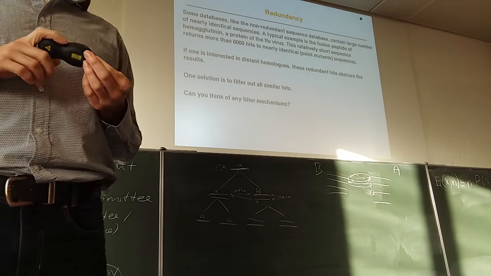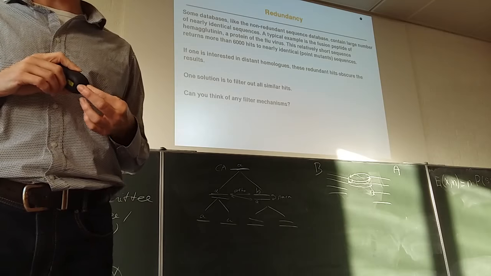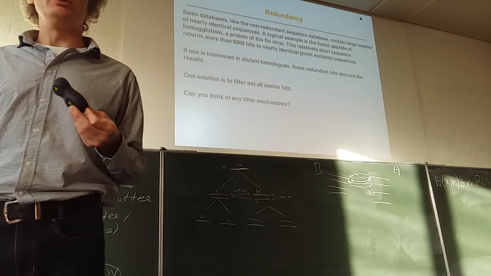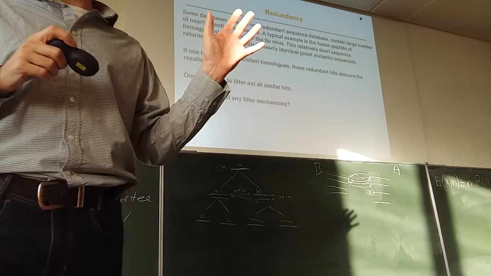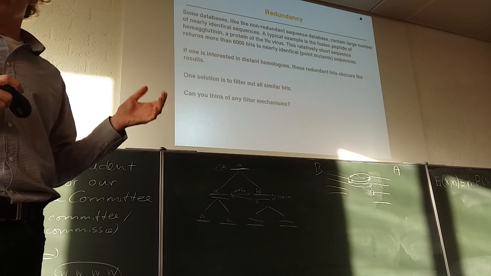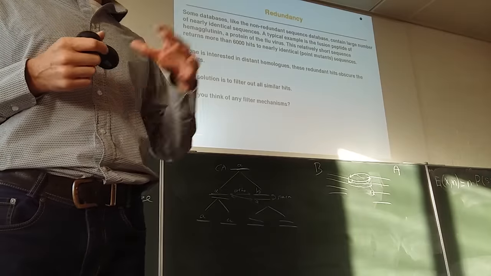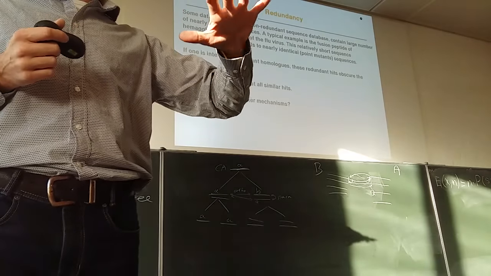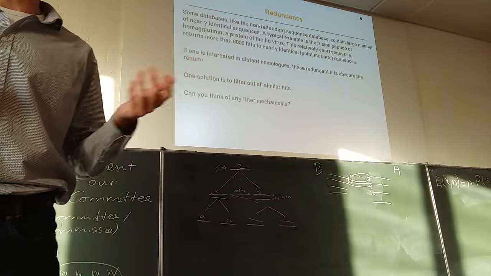Which is going to be difficult for your search if you're not particularly interested in those viral hits, but you want to actually see hits from other species as well. Yeah? So you want to be able to filter it out. So how would you do that? Well, you don't filter on identity as the NR does, but you filter at a lower threshold of percentage identity. There's actually an NR70, which you can also download from